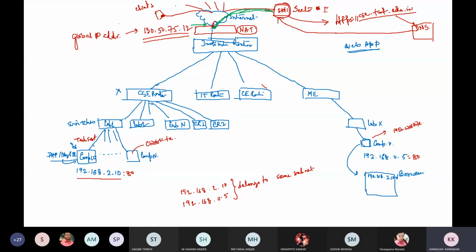So after receiving this data, the application is running in our lab. From this diagram, this application is running in lab 1 of the computer science department. This other application is running in the mechanical engineering department in computer Y. Actually the application is running on a host machine, desktop or server.